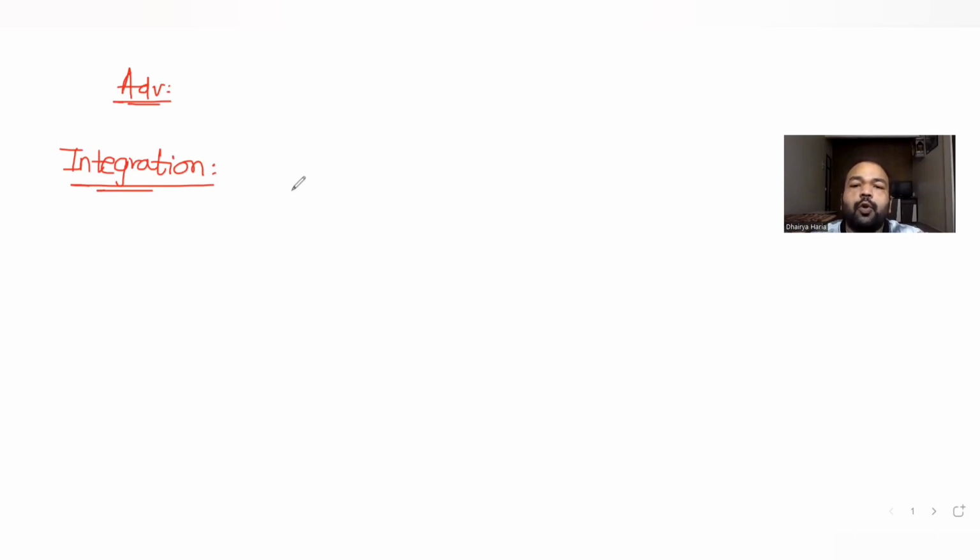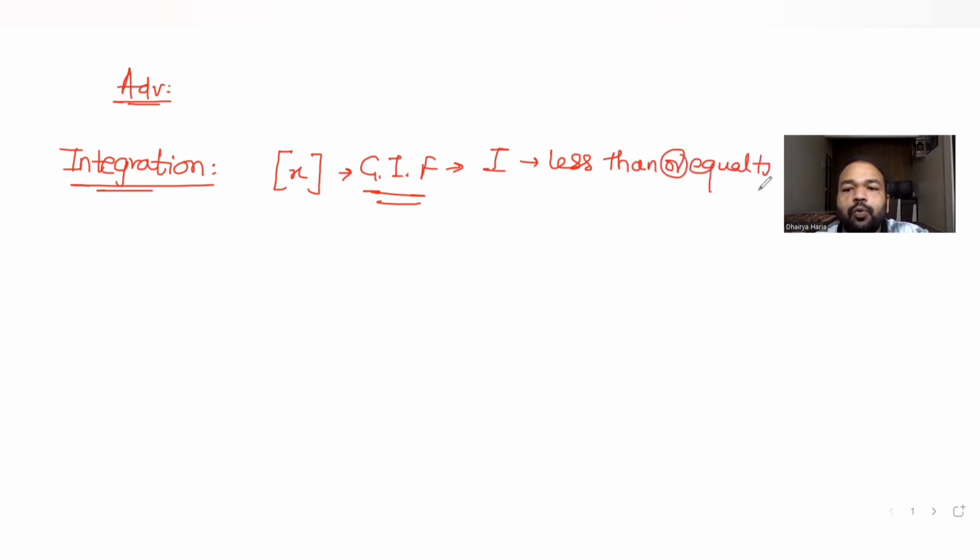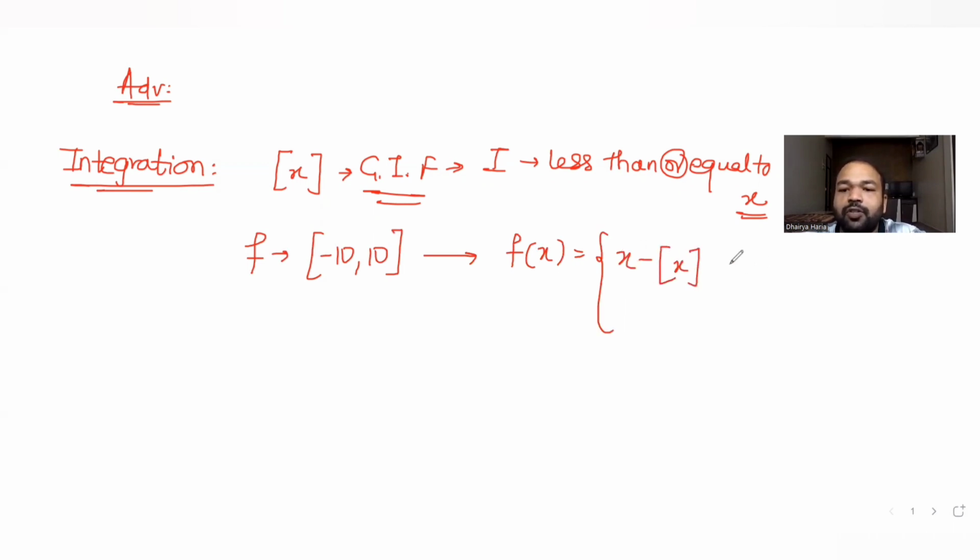The question tells us that x inside the square bracket is your greatest integer function, and by that I mean you have to take an integer value that is less than or equal to the value of x. That is your greatest integer function. Then we are also told that f is a real valued function defined on the limits of -10 to +10, and f of x is given as x minus the greatest integer function of x